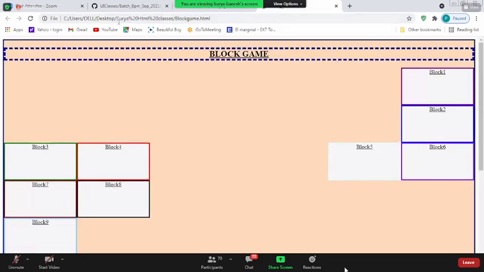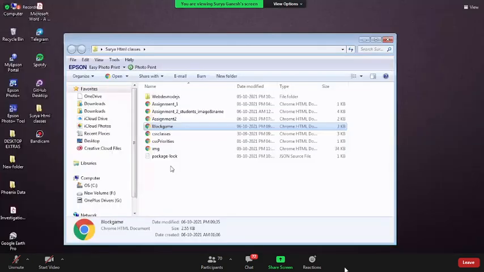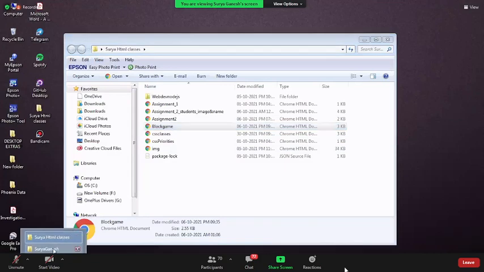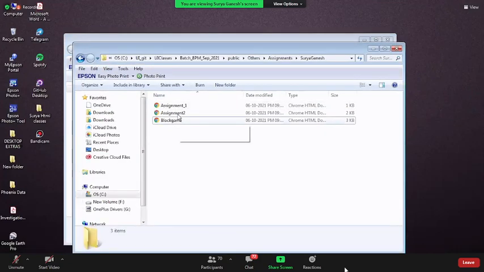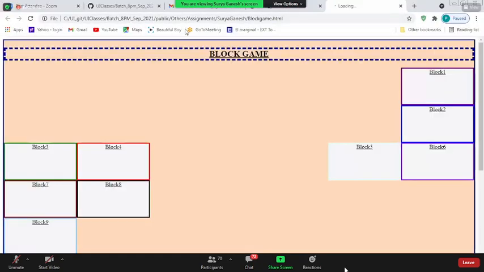Surya, one thing I already told you: in order to run this file blockgame.html, it should be part of your server. Copy this file, blockgame.html, and put it into the public folder.